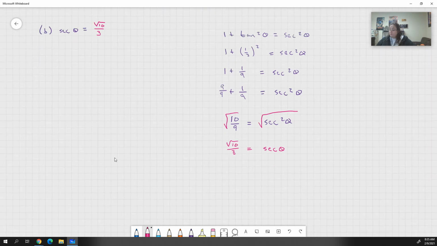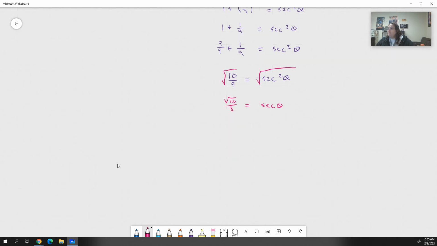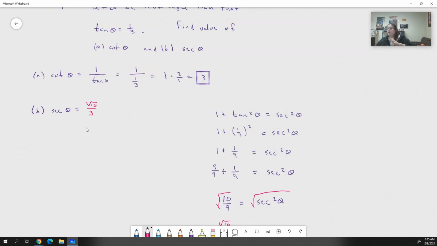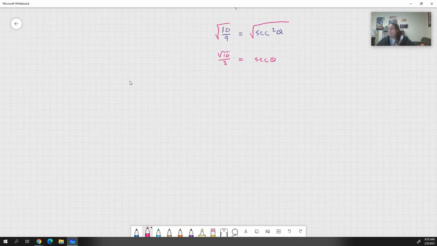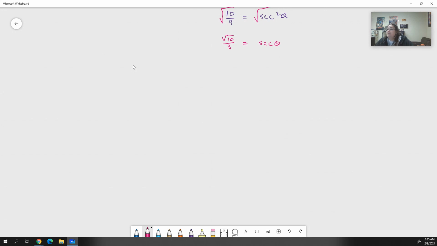We're going to do one more problem, because the first part of your homework is going to be giving you a value like this, and you're going to have to find the parts. They have A, B, C, and D. I'm only asking that you do A, B on each one of them. The second part is going to ask you to use the identities to prove something. It's going to say,